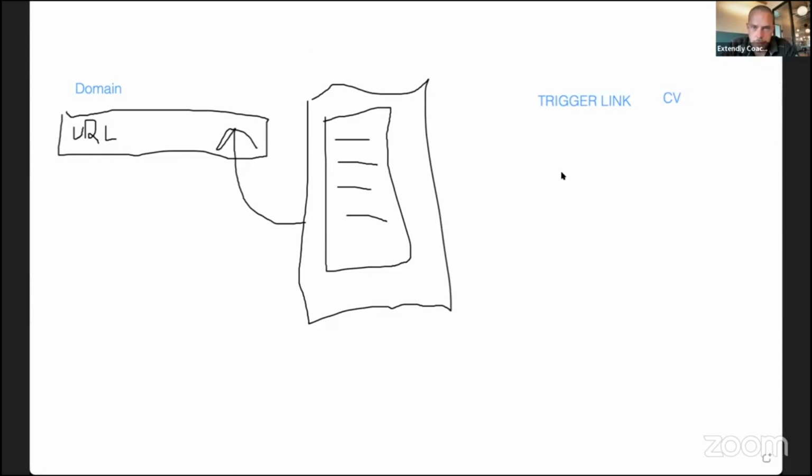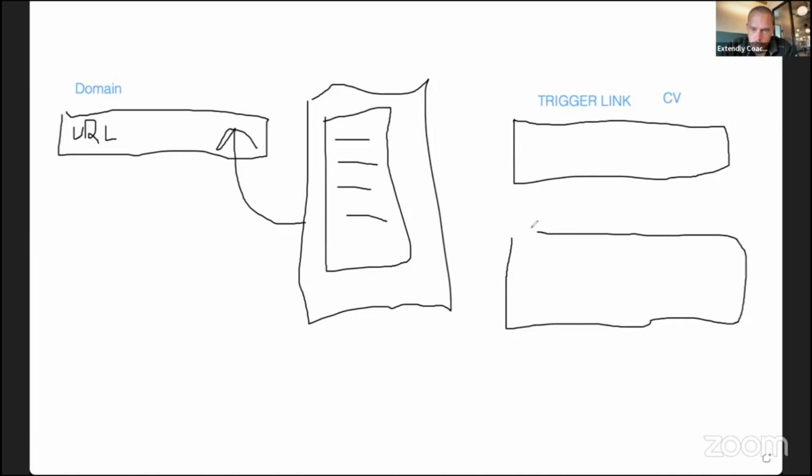There we go. Here's our trigger link custom value. And then we have our actual trigger link itself. And that's where that big query parameter lives. And the trigger link settings is where you're building the trigger link URL structure,